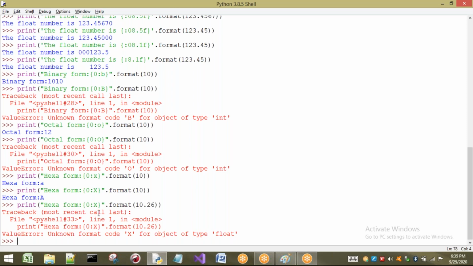Now I want to format positive and negative numbers. Till now we have not taken any sign, but now I want to consider the signs also. Right, now I will take the sign values. Main focus will be on sign values. Just I will take an int value, for example.